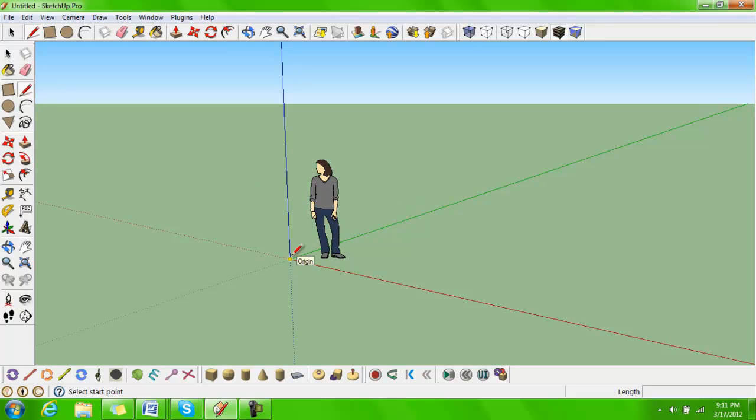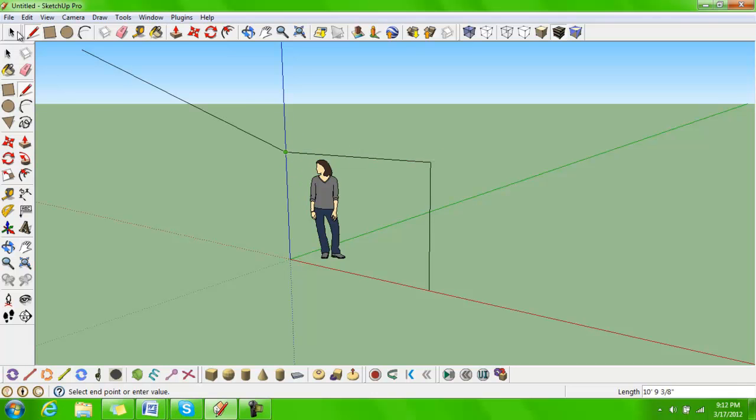This is the draw tool, except you draw lines. You draw perfectly straight lines. So pretty much how you draw a line: click once where you want the line to start, and then you can drag to wherever you want it. Now you notice that the line turns blue when it's following the blue axis,